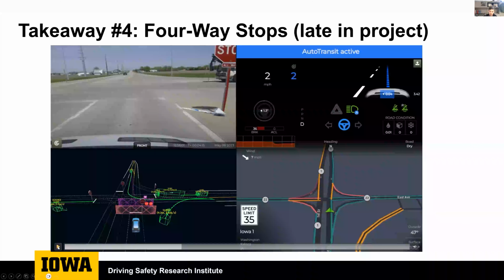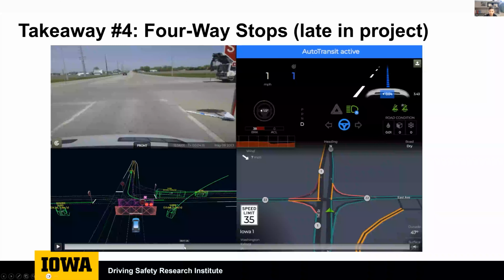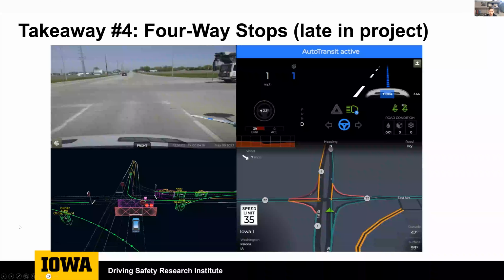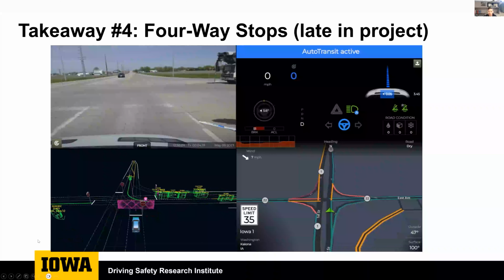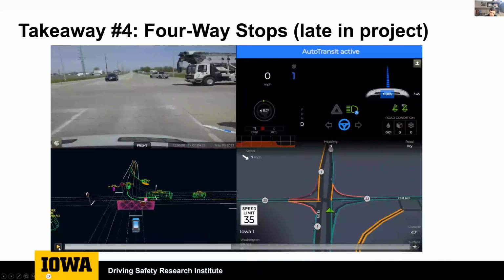But as you can see, we also have this big utility truck that's pulling up to the stop sign, or the four-way intersection, at the same time as us. Now, before, this could have caused a lot of issues had we been creeping up to the stop sign, causing confusion between us and the other motorist. But since we approached at a more normal rate of speed, you can see as we play the video, the transit will pick up that vehicle while also wanting to continue through the intersection with its planning line.